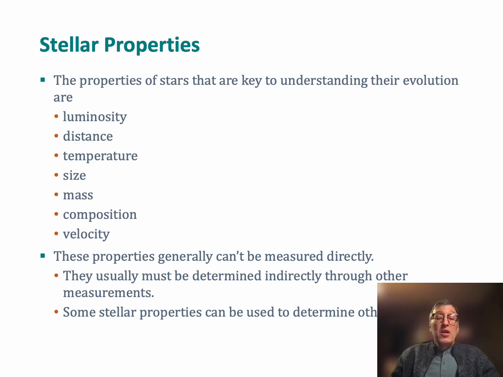Usually we can't measure these properties directly. For example, we can't measure the mass of a star directly, so we need to use other measurements like the way binary star systems move, and that can allow us to determine things like the mass. So we'll be using basic laws of physics and observations in order to infer other important properties of stars. In order to do that, we need to understand what are truly the properties of the stars and what are due to observing them from Earth. In other words, due to how far away those stars are